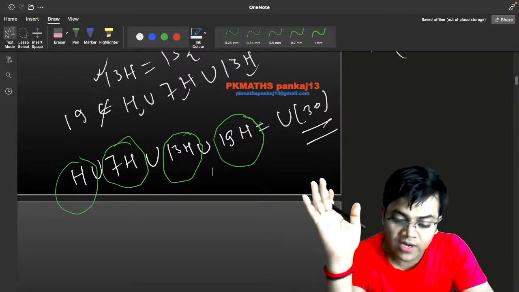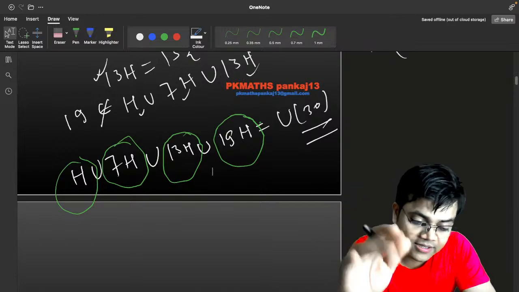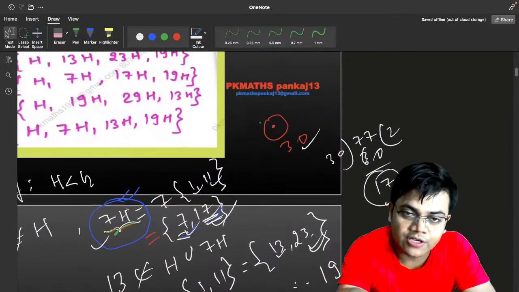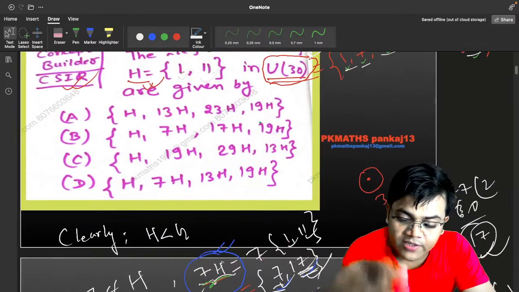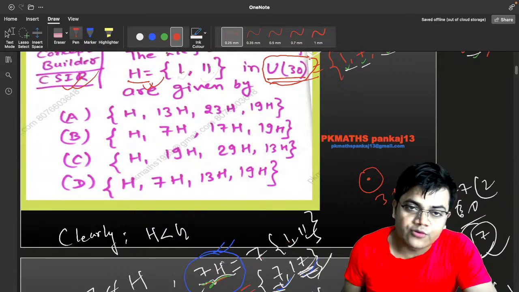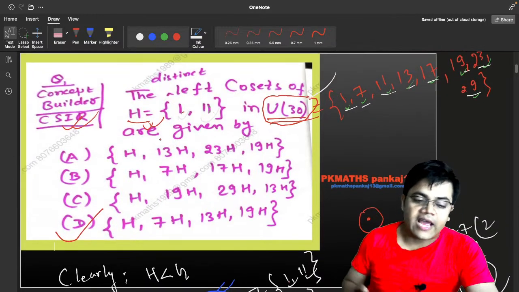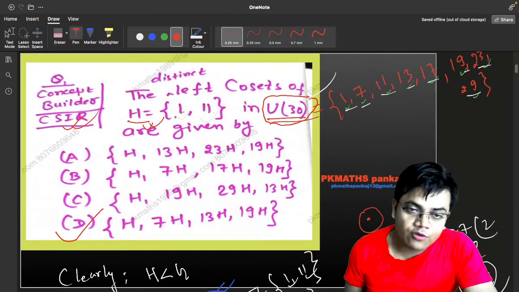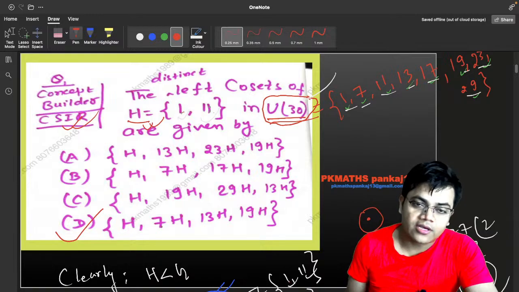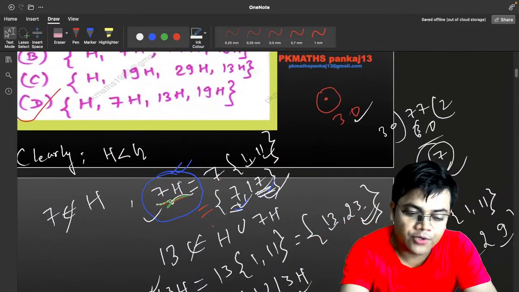So we have only these 4 distinct left quotients. Is this clear, Ashish ji? If you are over there, then please let me know. Is this fine? Is this clear? So finally, what shall you say? Option D is absolutely right, because the group was given and you have to write the left quotients, which is here you can see. So I hope this is clear.